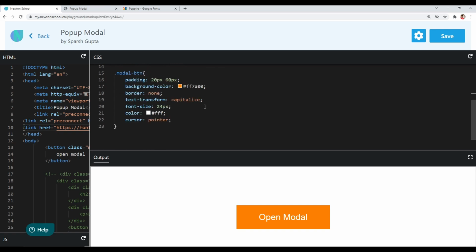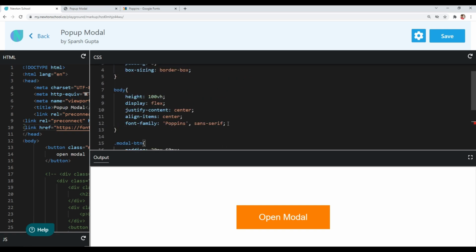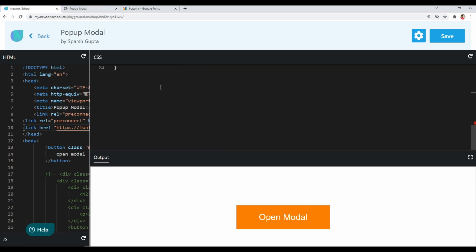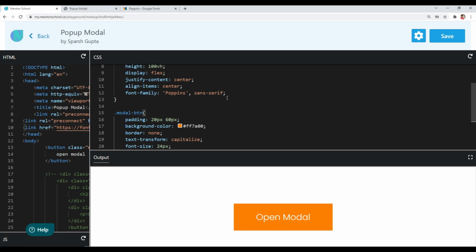But I had already told you that buttons don't inherit from their parent by default. So you will have to define font family in button tags. So I will use font family property here, and you can copy this thing here, but the recommended way is to use the inherit keyword, so that later if you want to change the font family, you only have to change it here.